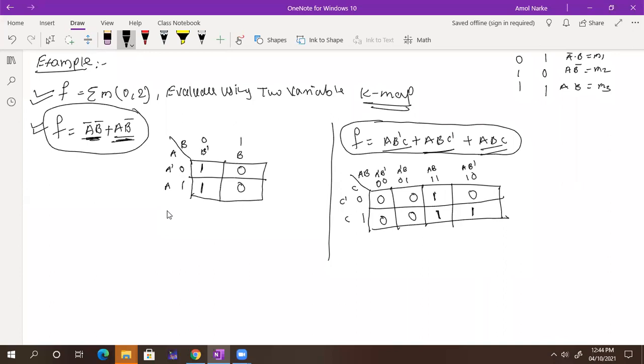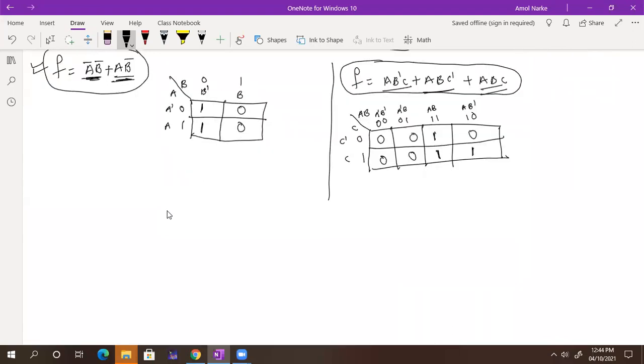Sir, last part, can you explain again, because I lost my network, so I was not able to follow. Very simple. See, suppose they have given me a function, and you need to draw a map. Now how to apply that, we are going to see. Now we are seeing how we are applying zeros and ones in that particular case.